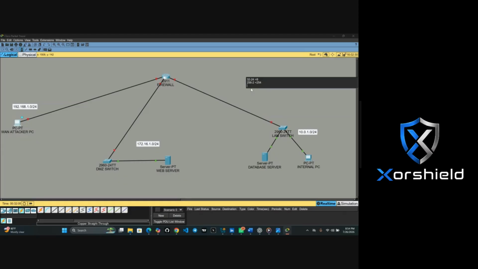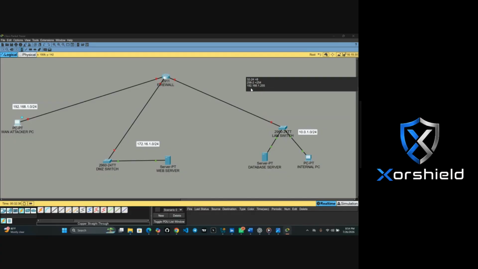That means the network address for this is 192.168.1.0. But the broadcast IP address will now be 192.168.1.255.